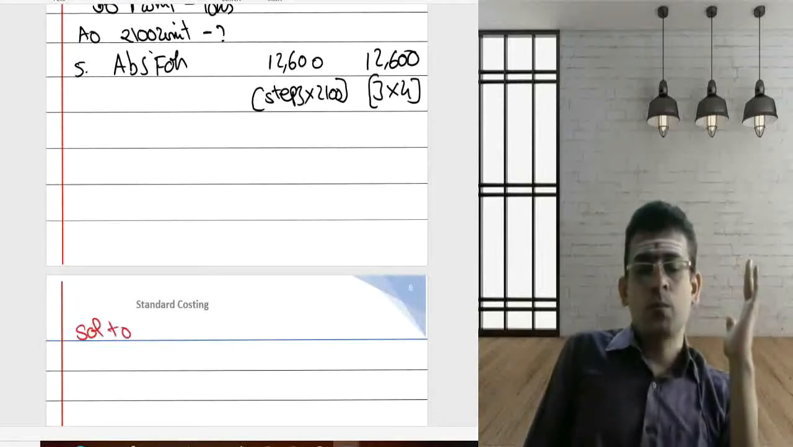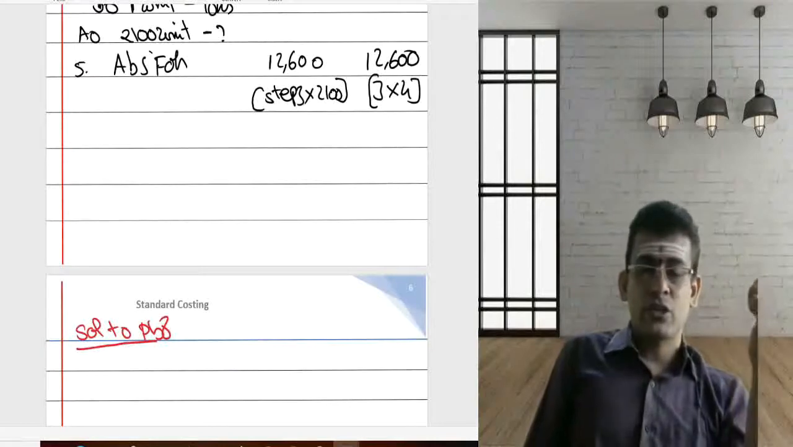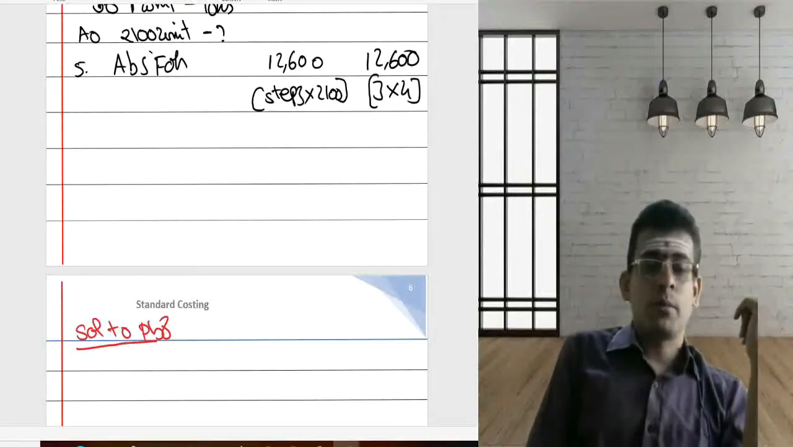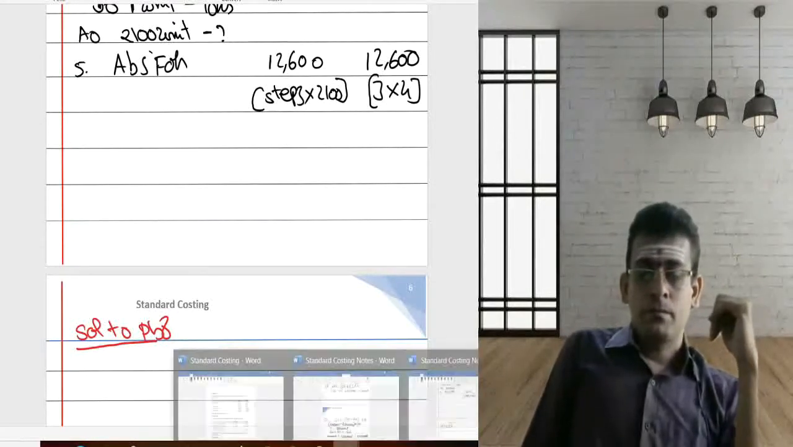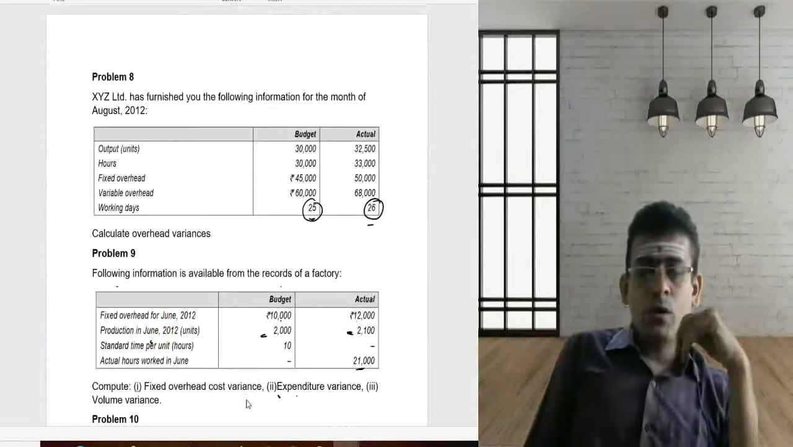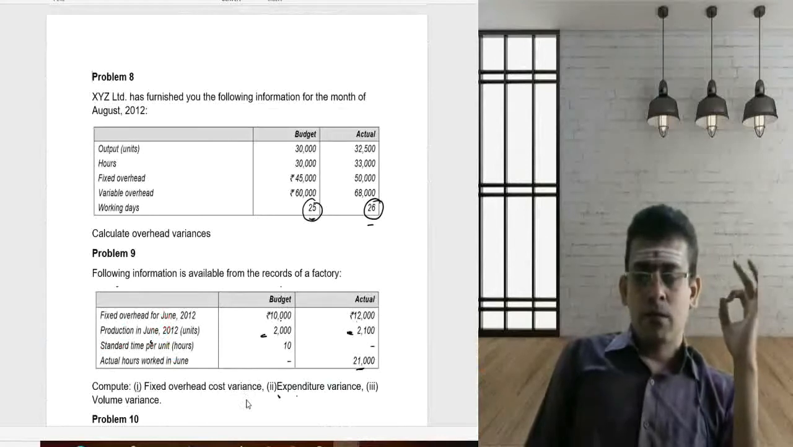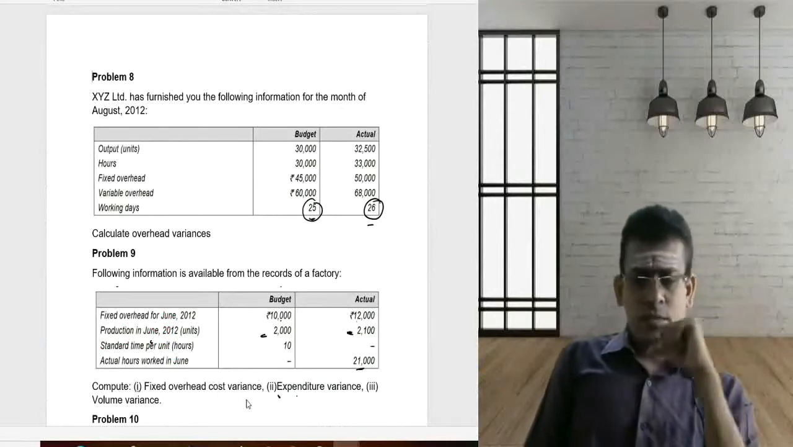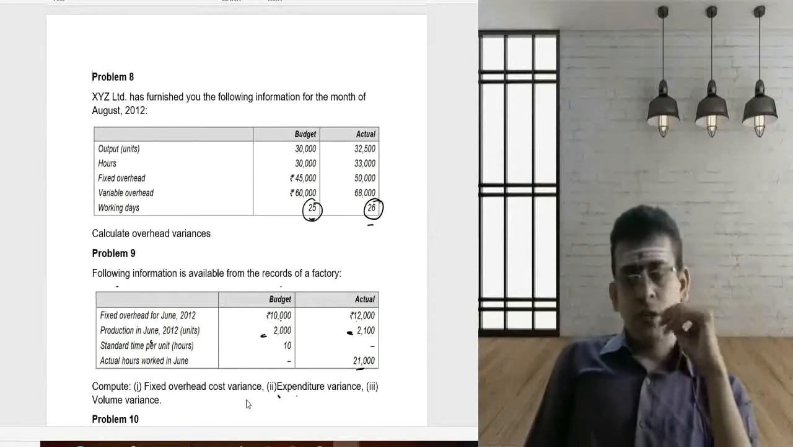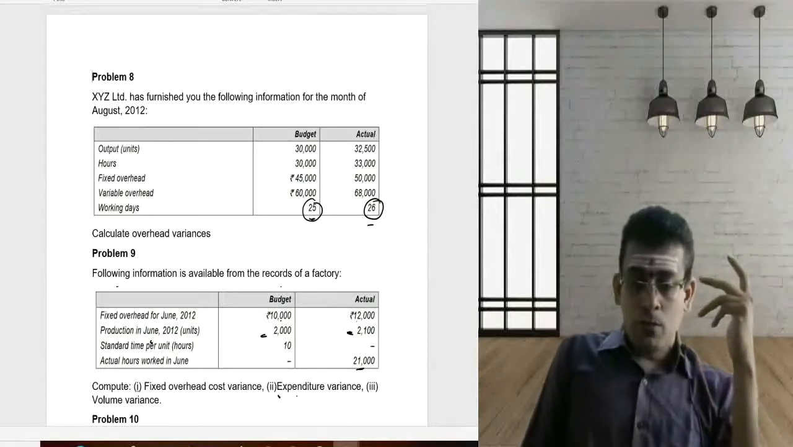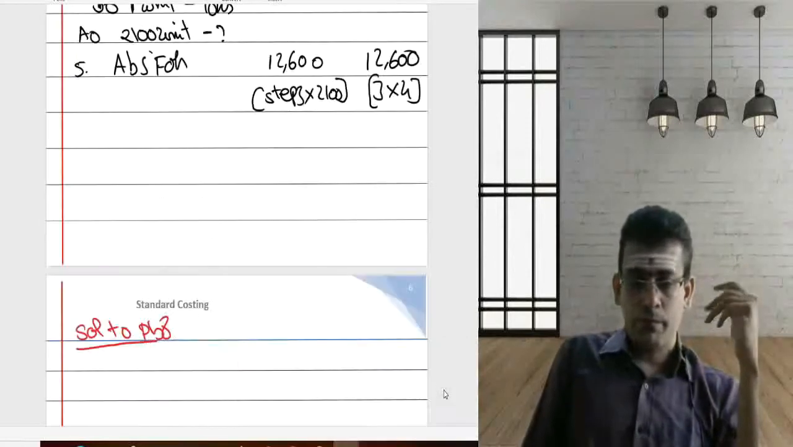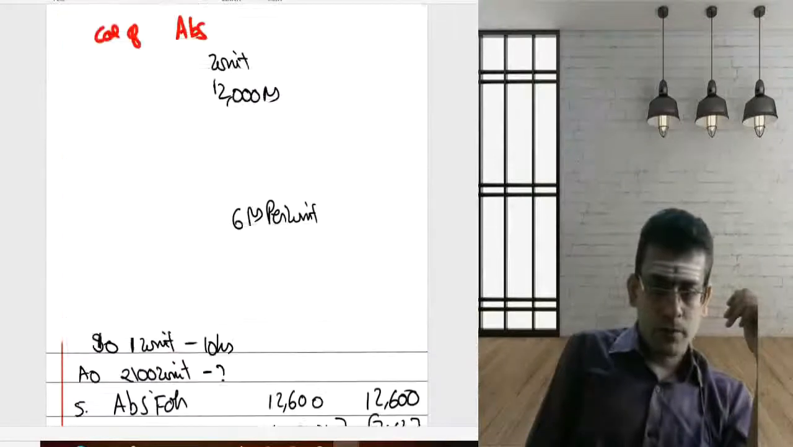Solution to problem number 8. Let us try to work out the solution to problem number 8. Now, let us quickly read what the problem is. Output is given, budget is given, actual is given, hours is given, budget hours is given, actual hours is given. So, if you observe one more thing in the previous problem,